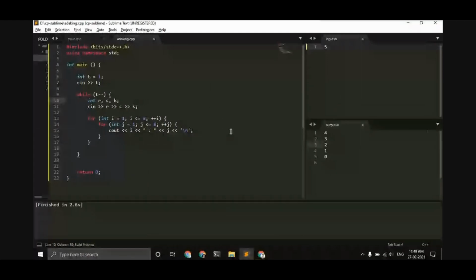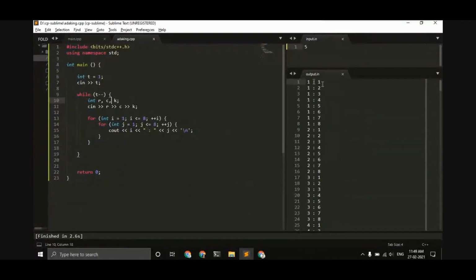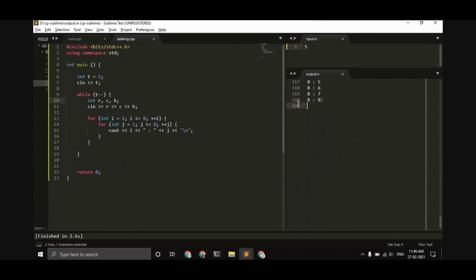Okay, so this is printed 64 times. 1 comma 1 is the first cell, 1 comma 2 is the second cell. We have till 1 comma 8, then 2 comma 1, 2 comma 8, and like this till 8 comma 8. So we're going through each cell till 8 comma 8.